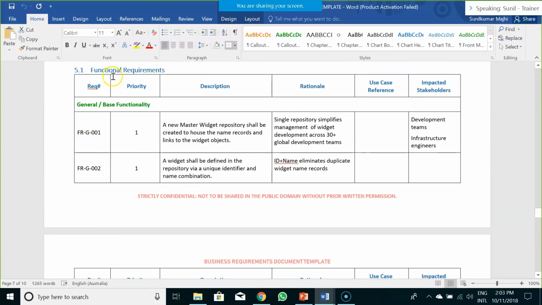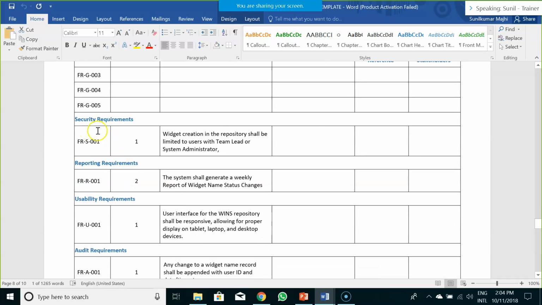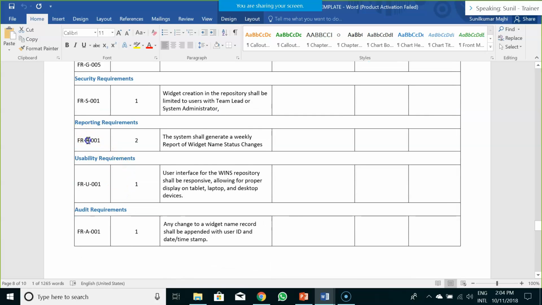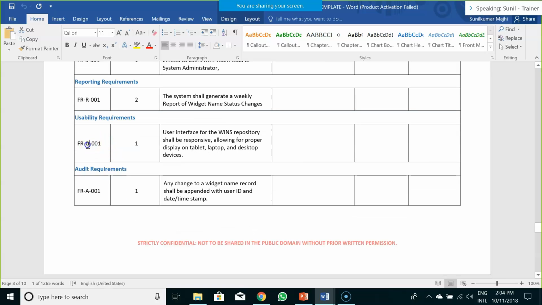For example, functional requirement general, you are using FR-G 001, 002. Functional requirement security, you are using FR-S 001. Functional requirement reporting, FR-R 001. Functional requirement usability, FR-U 001.